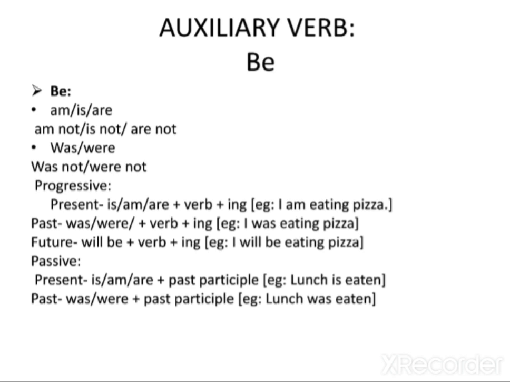Every time we have a sentence in English with progressive or continuous, we know we are going to use the verb to be. So, if our sentence is present progressive or present continuous, we are going to use the present tense of the verb to be, is, am, are, with a verb plus ing.